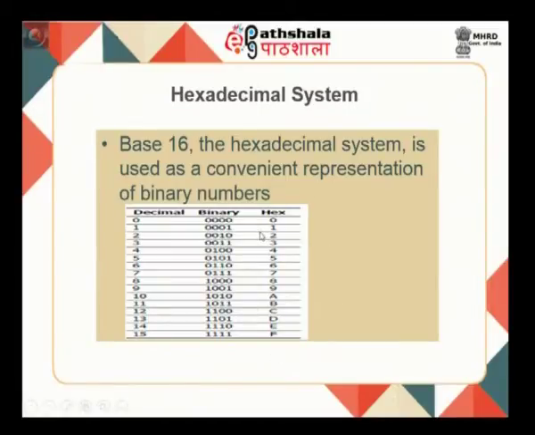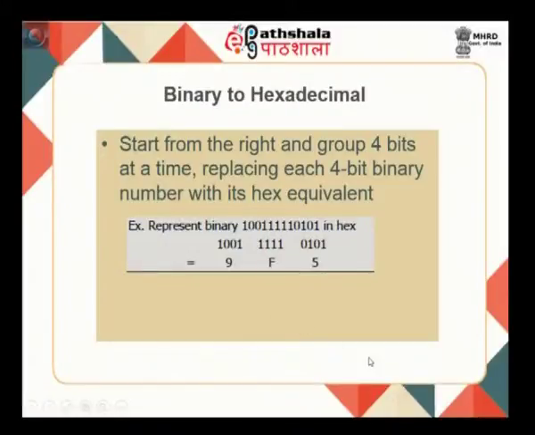If I give a hexadecimal number to a digital system, it converts this number into a 4 bit number, and the 4 bits are taken for the binary processing. So, one of the systems which makes writing binary numbers simple is the hexadecimal system. People always prefer to write binary numbers in the hexadecimal system. Here is an example where I have a binary number, 1 0 0 0 1 1 1 1 1 1 0 1 0 1 in binary. When I want to represent it in hex, I just make it